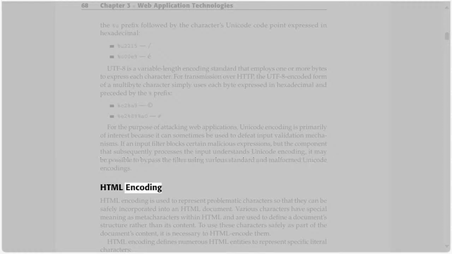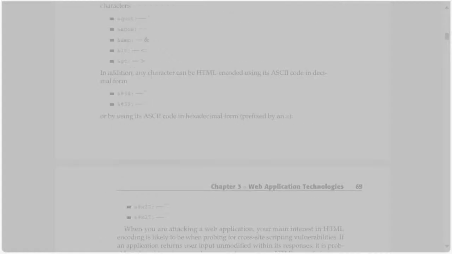HTML encoding. HTML encoding is used to represent problematic characters so that they can be safely incorporated into an HTML document. Various characters have special meaning as metacharacters within HTML and are used to define the document's structure rather than its content. To use these characters safely as part of the document's content, it is necessary to HTML encode them. HTML encoding defines numerous HTML entities to represent specific literal characters: &quot; for the double quote, &apos; for the single quote, &amp;, &lt;, and &gt;. In addition, any character can be HTML encoded using its ASCII code in decimal form,